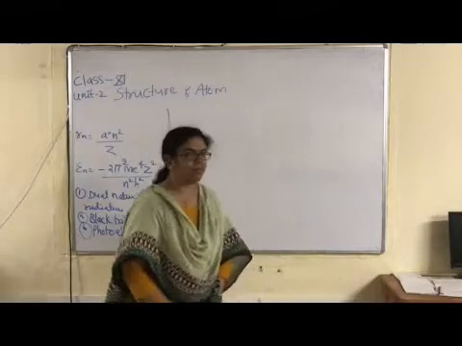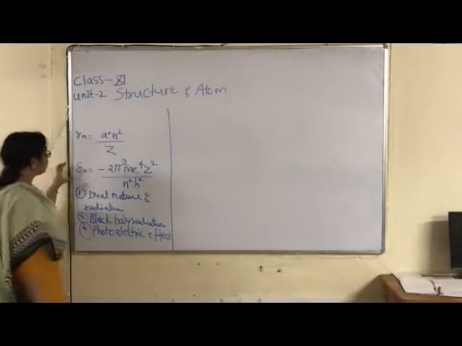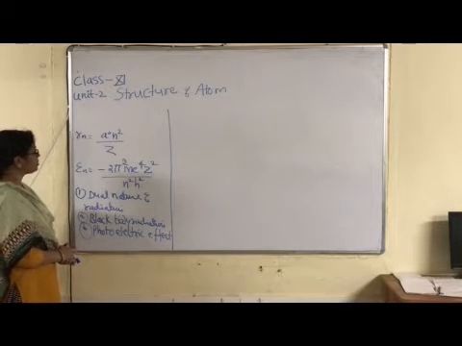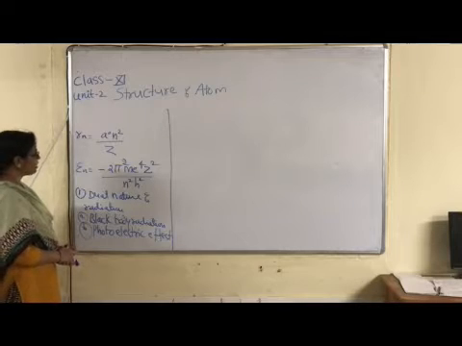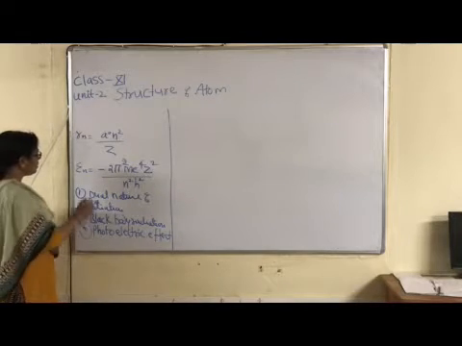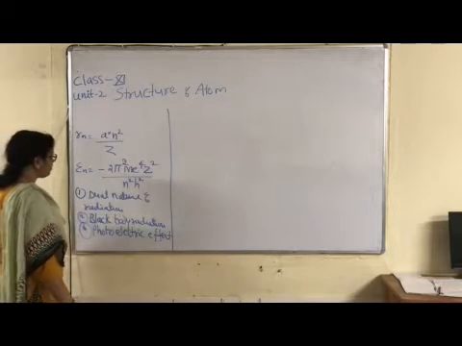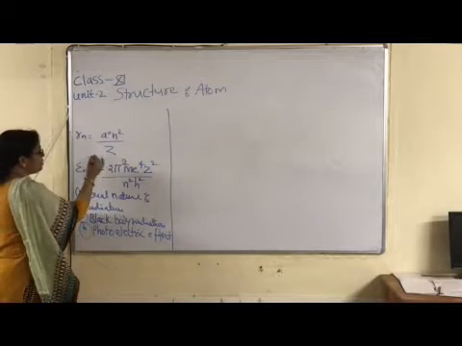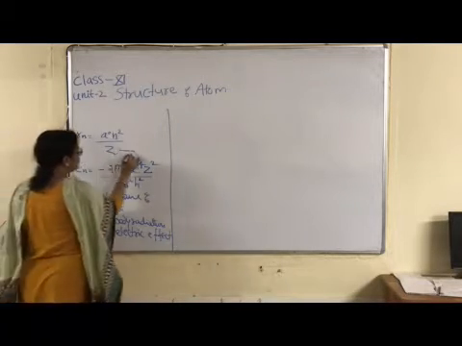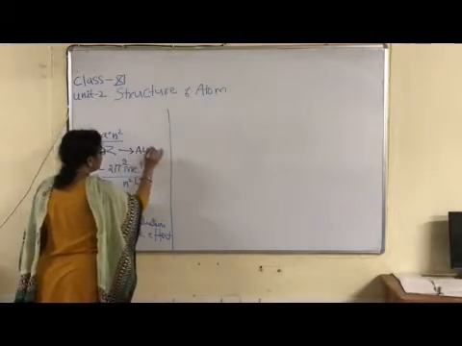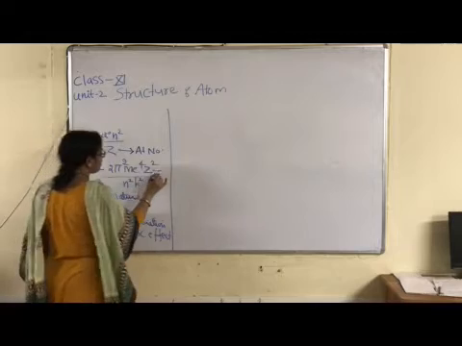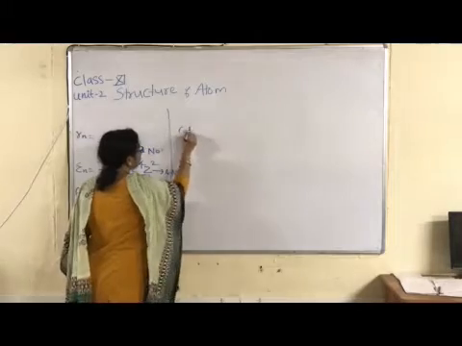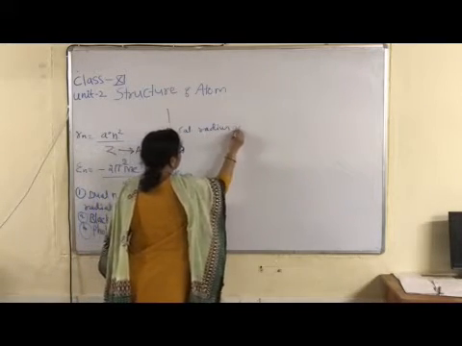Okay, children. Now application of two postulates of Bohr. First is radius of orbit where electron is present in hydrogen-like ions, and second is calculation of energy of electron of hydrogen-like ion. Right? What is the difference? Here Z is included in this formula, which denotes atomic number of ion, and this one also atomic number. Right?